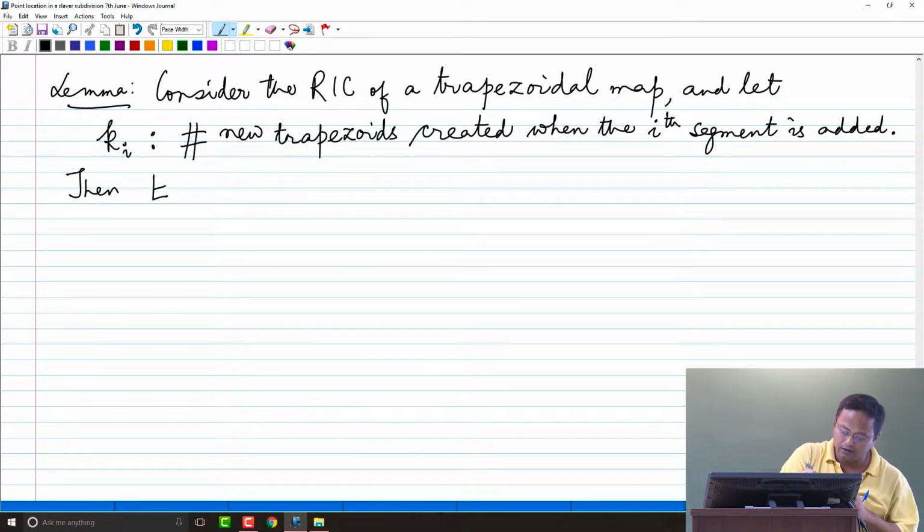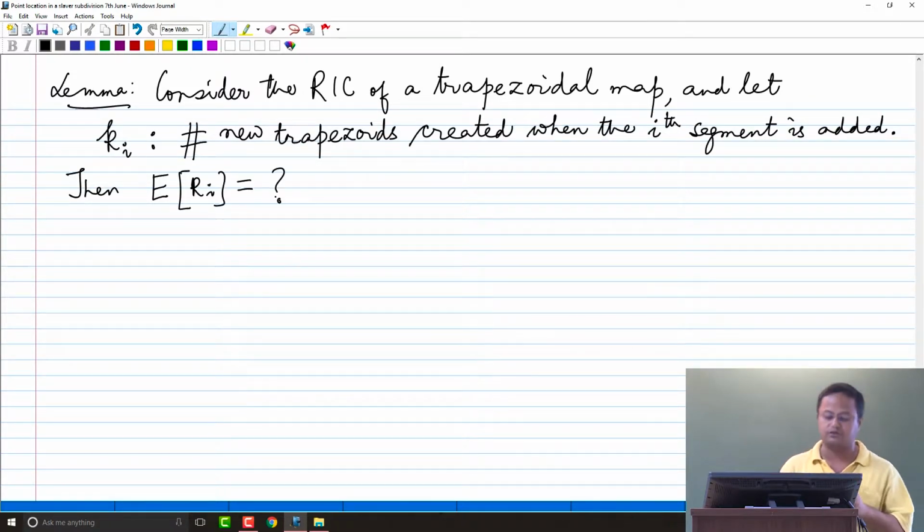Then the expectation of K_i is equal to, let us keep this blank,